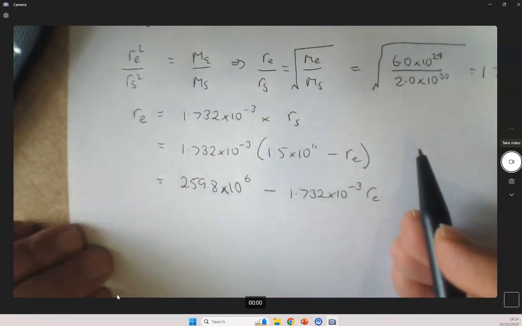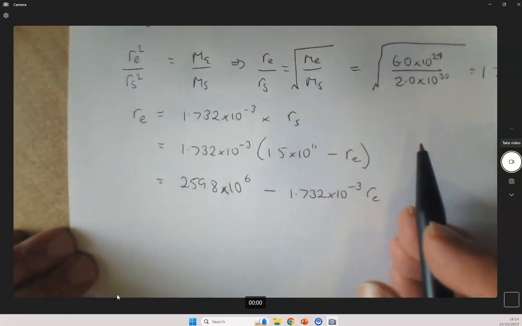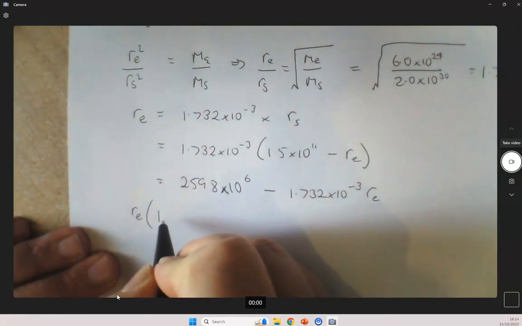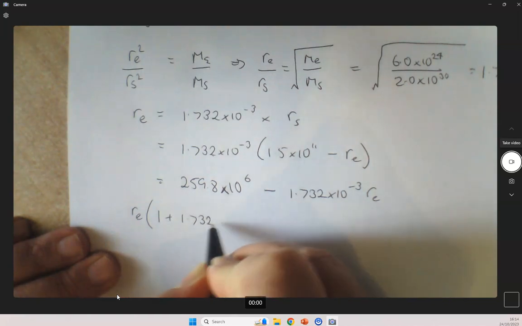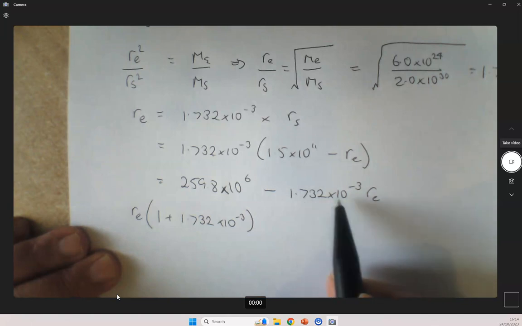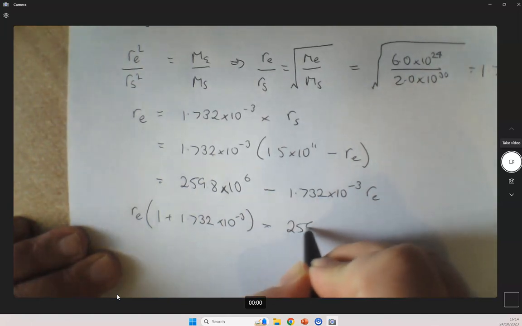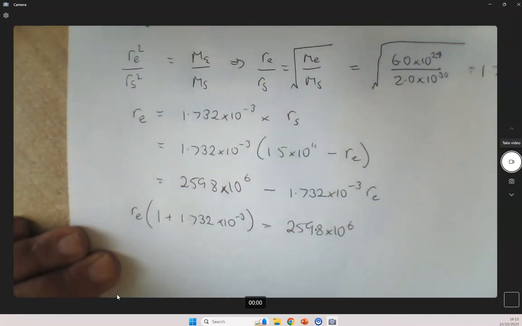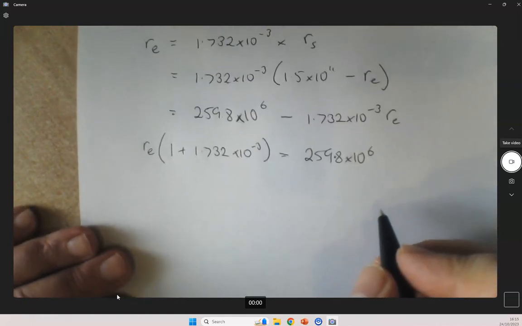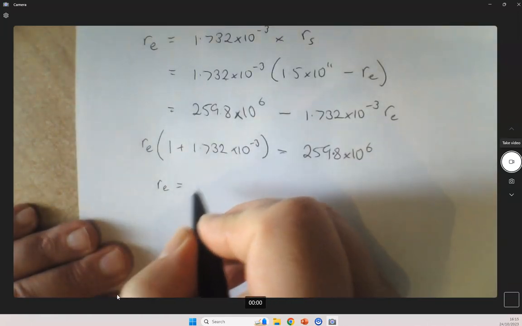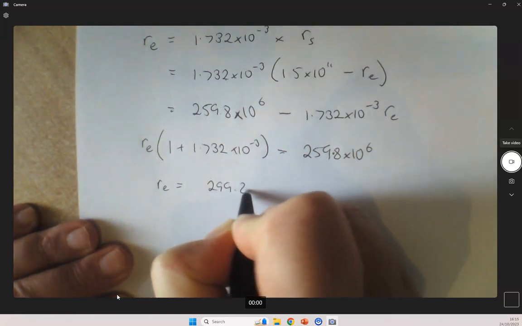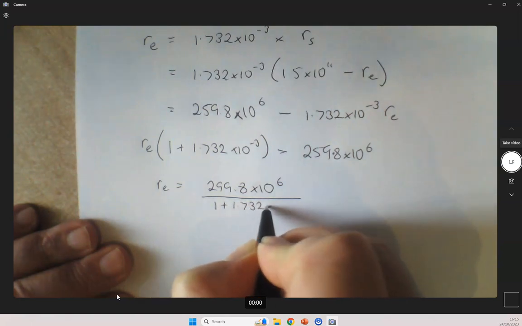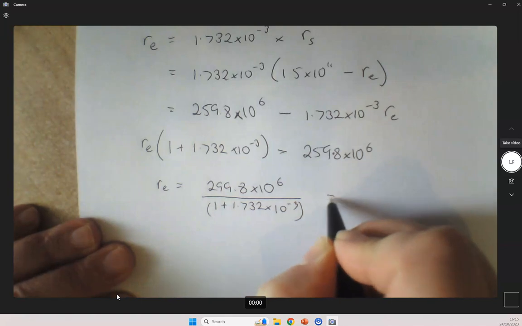That means I can rearrange these and I can say that RE, I've got 1 this side plus 1.732 times 10 to the minus 3 for that bit has got to be equal to 259.8 times 10 to the 6. Therefore, RE is going to be equal to 259.8 times 10 to the 6 divided by 1 plus 1.732 times 10 to the minus 3,